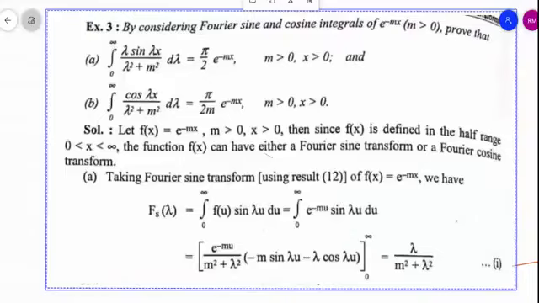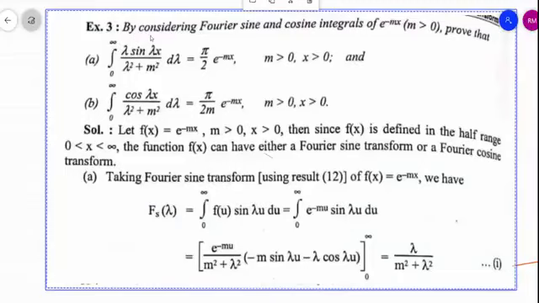And at the point of discontinuity, to find the Fourier integral at that value, we have to take the average of left hand limit and right hand limit. This technique also we have to use. So let us try to solve problems on Fourier integral as well as Fourier transform. So friends, we start from taking one problem.